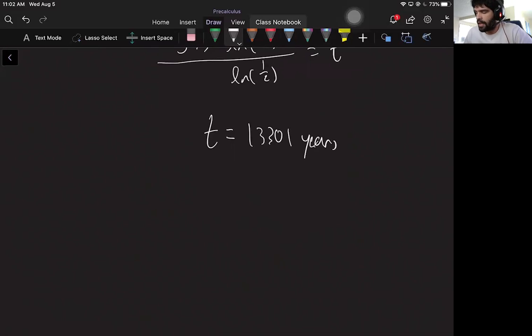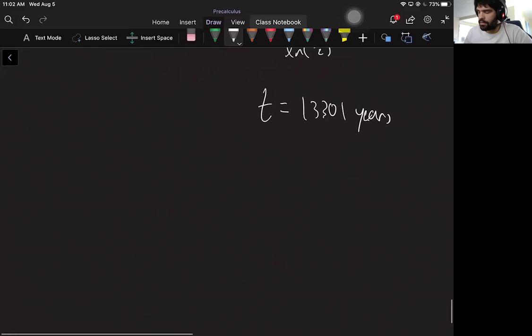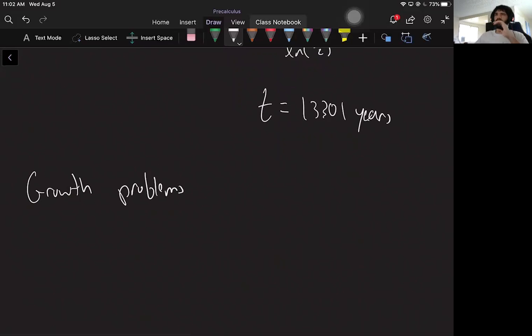So those are decay problems. Now we are going to talk about growth problems. So for decay problems, you really care about how long it takes for there to be half left. That comes up a lot. For growth problems,